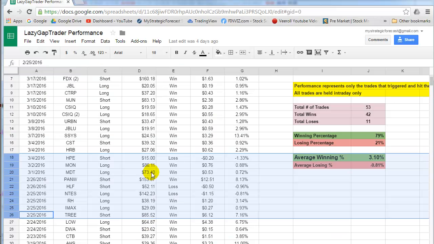Now you can't see everything on the screen here. I'm just trying to squeeze it in, but I keep a running total that you can see here on the right, the total number of trades. Now this isn't updated through today, so the numbers actually get better than you see on the screen, but you can see here, and this is just from the end of January when I started